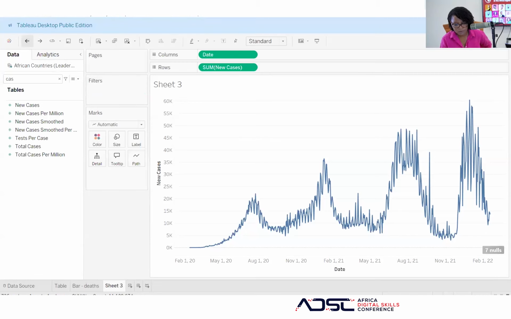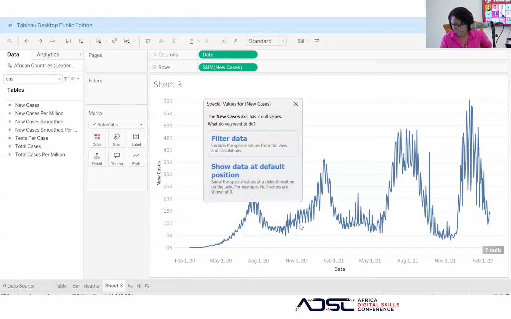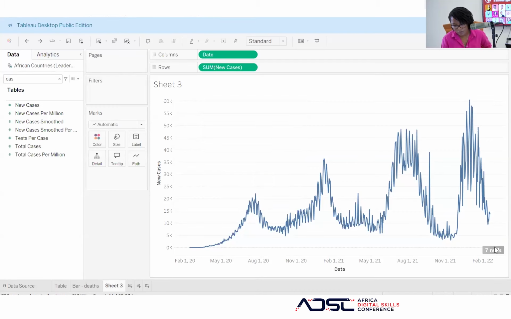Or the other thing we can also do is when we say filter them out, we click on it, filter them out, bring them to the filter, show them at default position. Or the other thing you can do is right click on it and say hide the indicator. If you right click and say hide the indicator, it's hidden. So here with the axis, you can also change your axis, and the way to change your axis is to right click, and you can come in here, you can